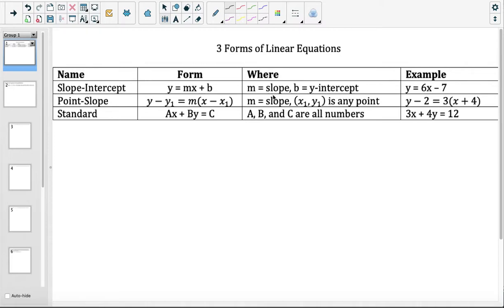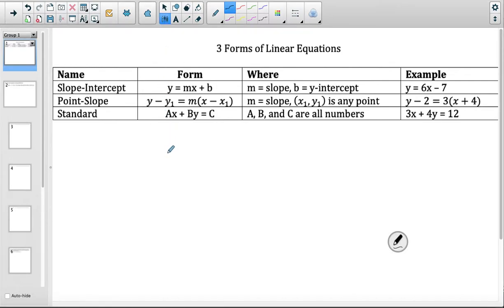In this video, we are going to discuss the three forms of linear equations. We started out the year by focusing on slope-intercept equations. We then transitioned to point-slope, and today we're going to talk about standard form equations. So in the